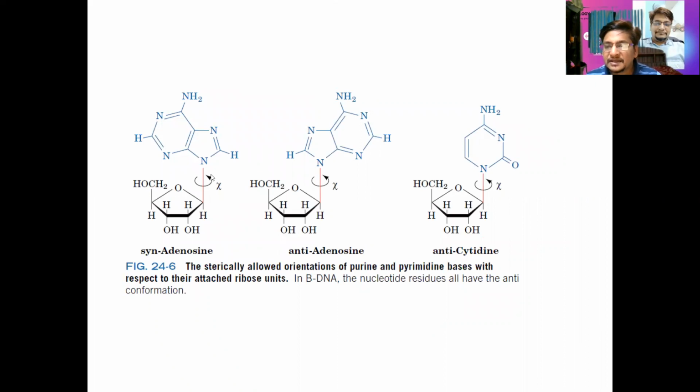And those bases can exist in two different conformations. One we call syn, where you can see the bulky group towards the same side. We know the purine has two rings, and you can see these two bulky groups are on the same side. Whereas the anti is one where the bulky groups are separated far apart. So definitely the anti structure is the one which is going to predominate. Whereas in the case of cytidine, anti structure, you can see the carbonyl group that you see over here is not projected on this side.